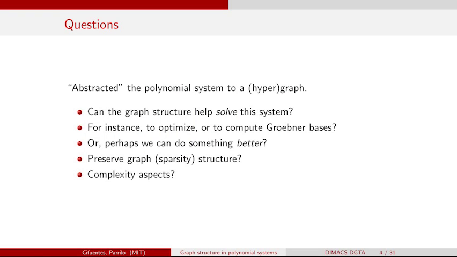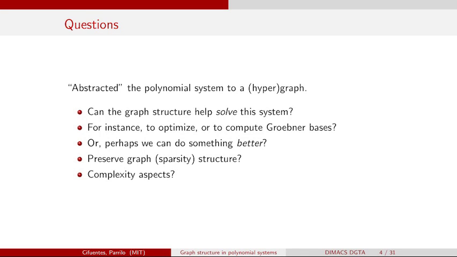Natural questions, as I said, are: does the structure of this graph help me at all in solving my system of equations? Even if you don't want to solve a system, we would have to discuss what you actually mean by solving a system. Do I want to solve this numerically? Do I want to obtain numerical values for the x's? There's also an algebraic notion of solving a system. Perhaps I want to compute what's called a Gröbner basis. If you don't know what a Gröbner basis is, it doesn't matter. The point is, for whatever your notion of solving a system is, we can ask whether this graph helps. Perhaps I want to optimize over the solution set, and the question is, does this graph help me in any way?